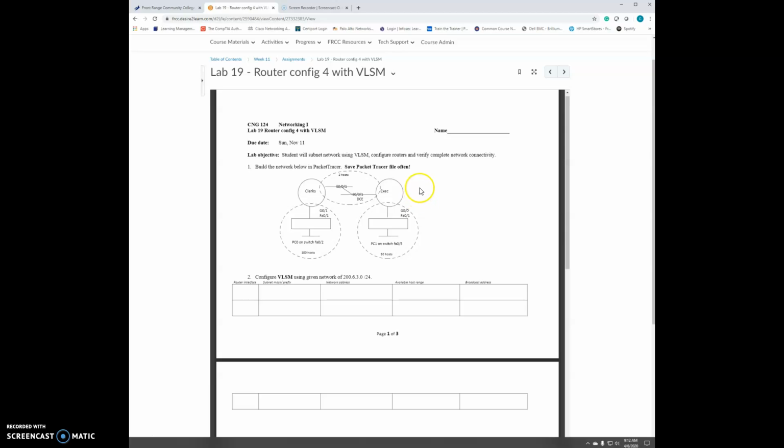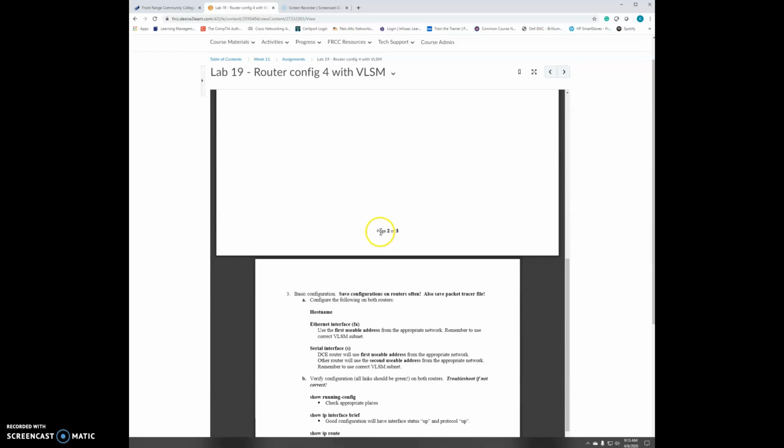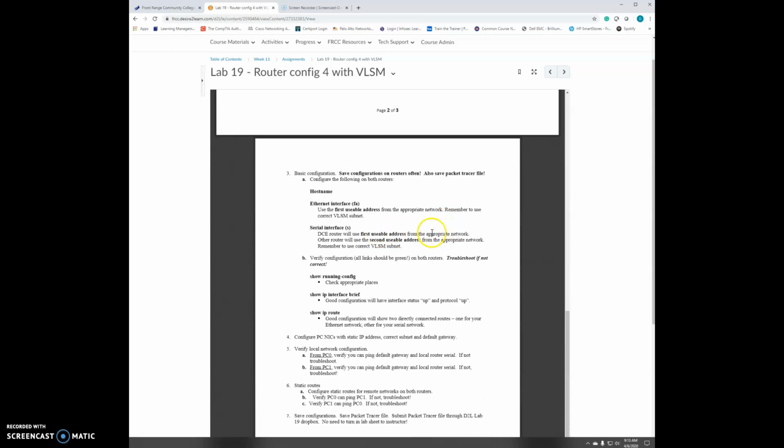if you write the stuff off to the side in packet tracer, you don't have to try to remember what the PC IP was, compare it to the gateway to make sure those are correct, and then have to look at the WAN sides, the serial sides, and try to remember those. You don't have to memorize anything because it's right there written for you on each side. Very, very useful tool for packet tracer.